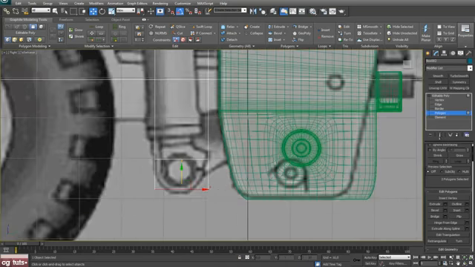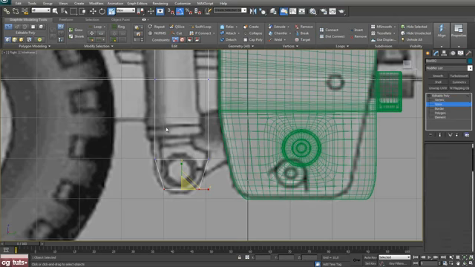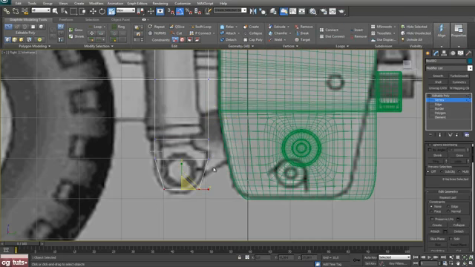And now select these polygons and scale them down, something like that, and select these edges, hit connect one segment with slide 50. Okay,